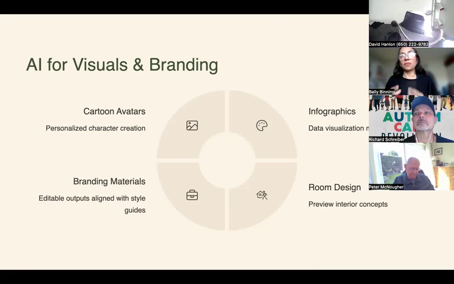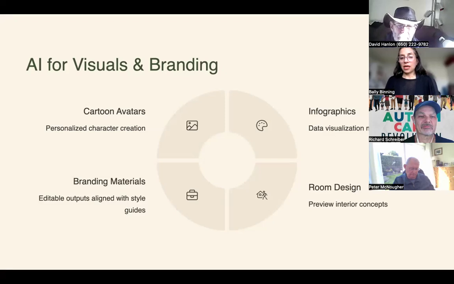One of the environments I'm really getting everyone to think about is the GPT environment. The OpenAI GPT environment is still a place I go to daily, five or six times a day, even more sometimes. I'll say how I use those GPTs for my workflow: AI for visuals and branding. You will have seen some cartoon avatars, infographics, branding materials, style guides, and also room design.